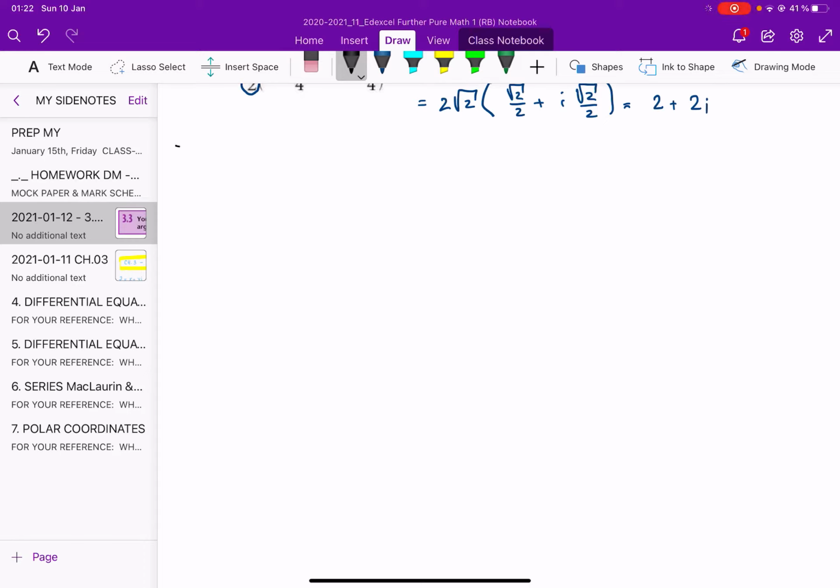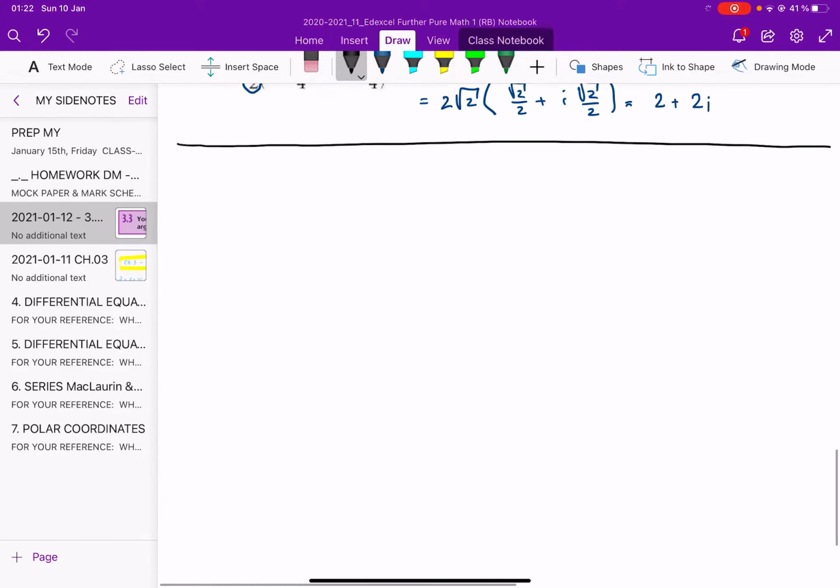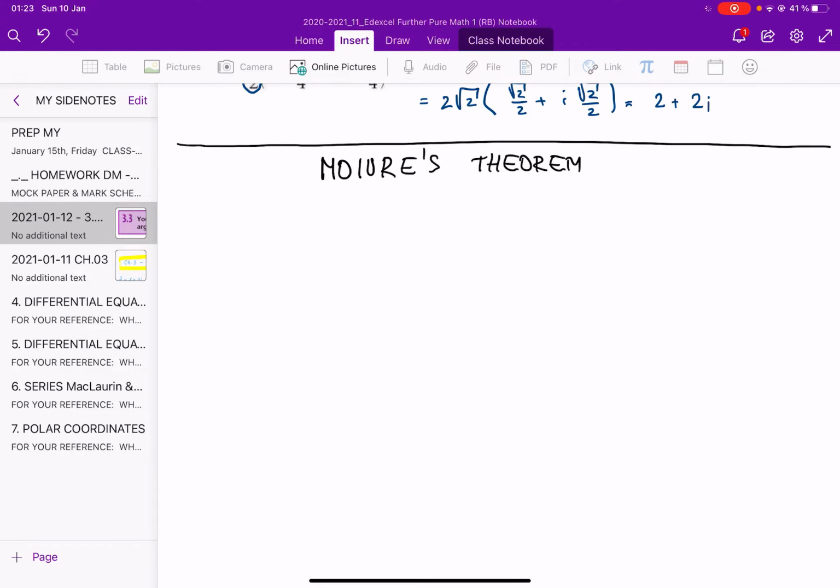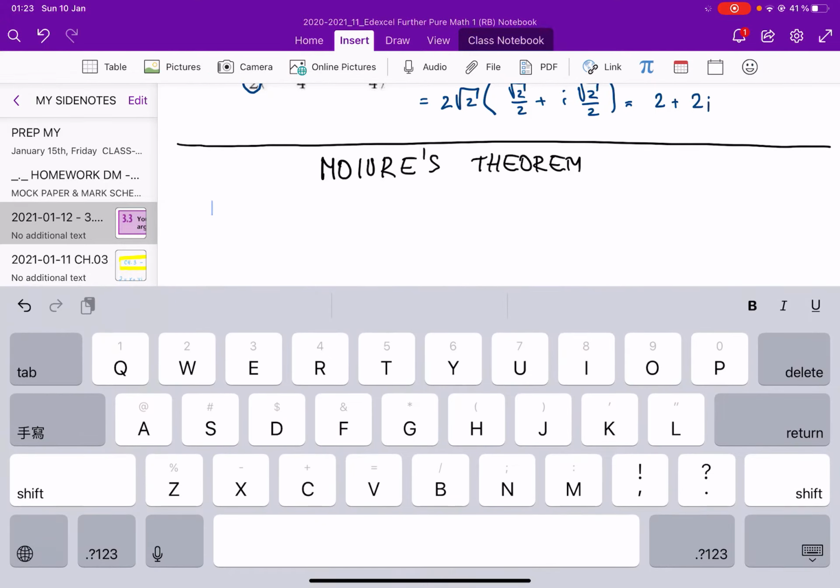So this is the clip for the second part of today's lesson, and that's section 3.4. That is called Moivre's theorem. And in this section, there is the proof that you definitely need to know, because it happened twice already that